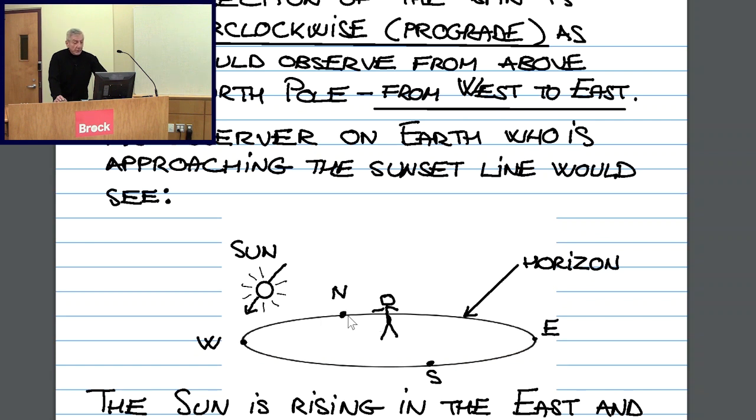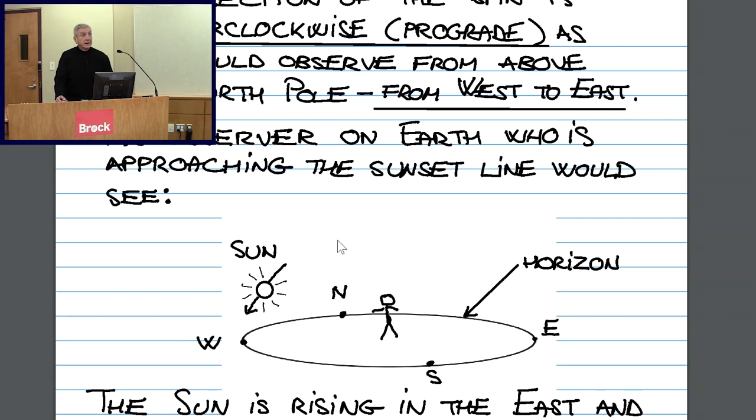So as he approaches the sunset line, he sees the sun lower and lower above the horizon, and eventually the sun will set in the west. It rose in the east, and then it travels across the sky from east to west, and eventually it sets in the west. And that is because the Earth is spinning from